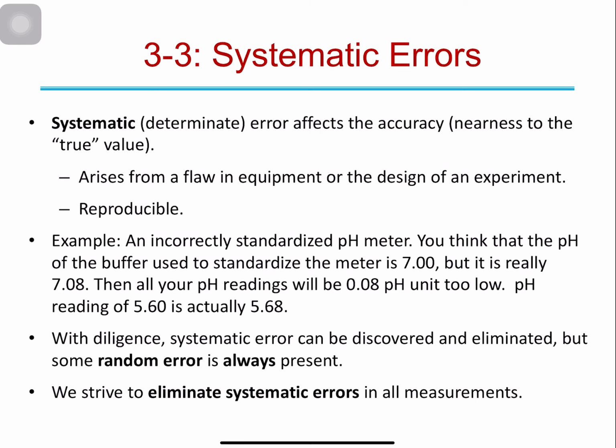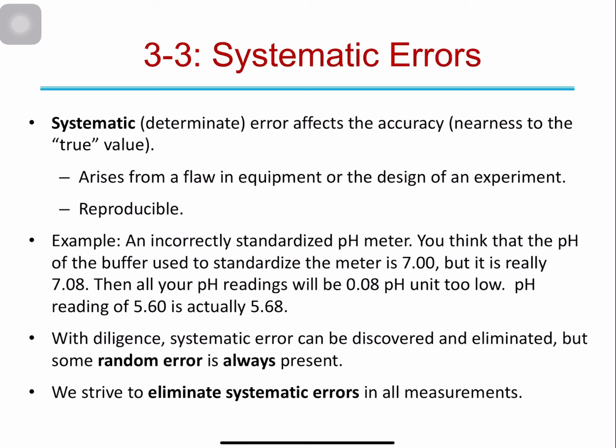This kind of error is reproducible, which means it will always be shifted towards one end. It's either positive all the time or negative all the time, and it has a fixed value. So you need to correct that before you actually can get your actual result. This is why it affects your accuracy. An example of that is the